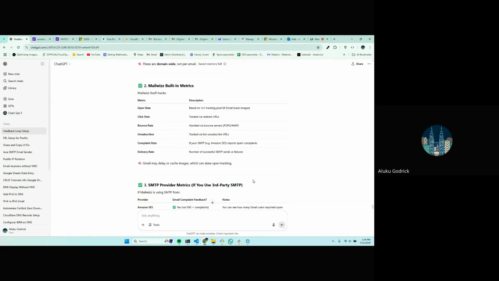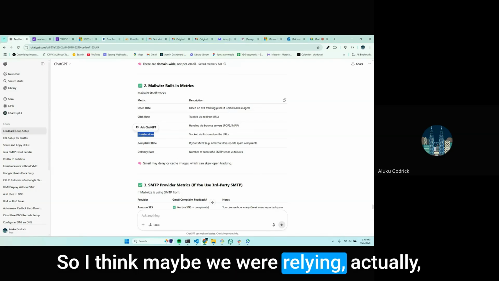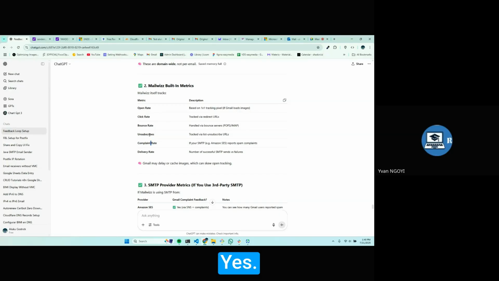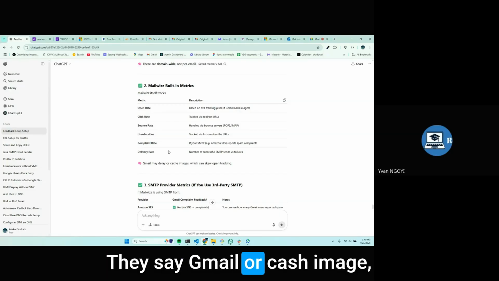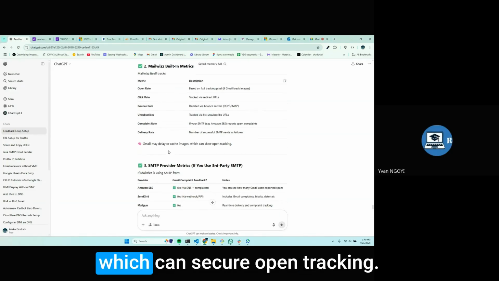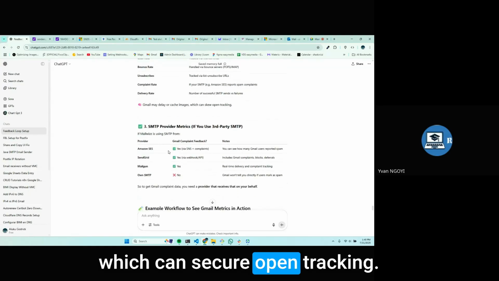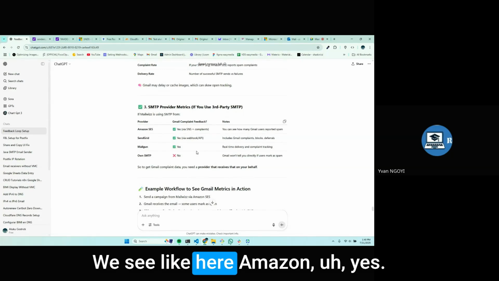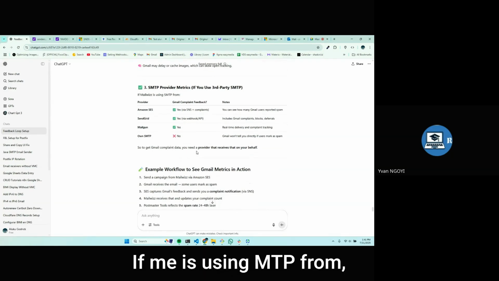So I think we were relying on the unsubscribe. Yes, they say Gmail may delay or cache images, which can skew open tracking. You see, like here, Amazon SES sending. If Mailwiz is using SMTP from